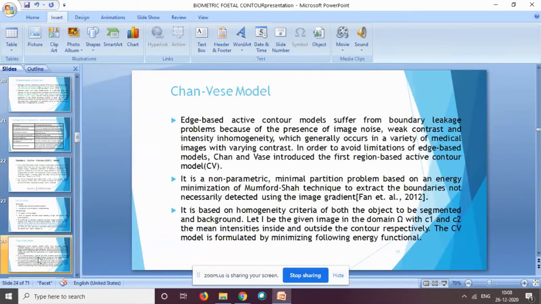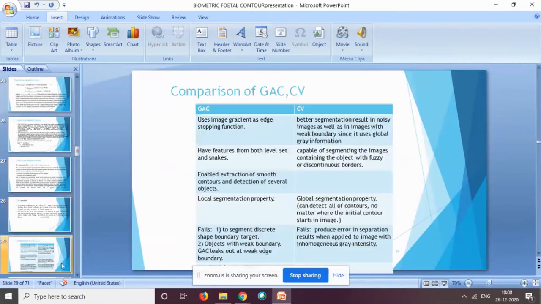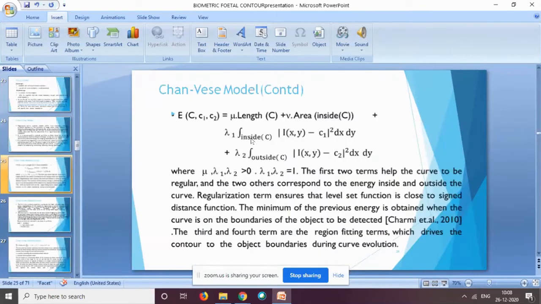So the next approach that we have is the Chan-Vese model. The approach that I have employed is the Chan-Vese approach. Here is the energy equation for the Chan-Vese model.